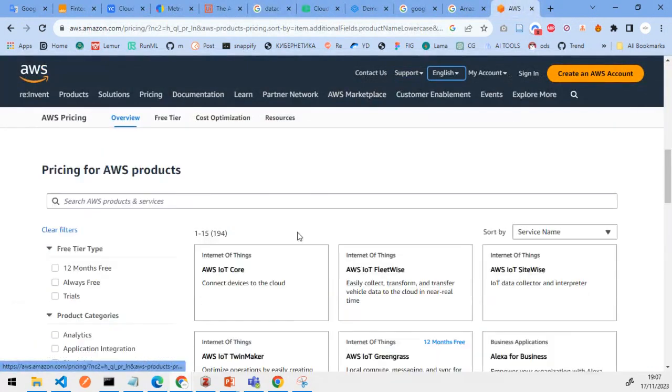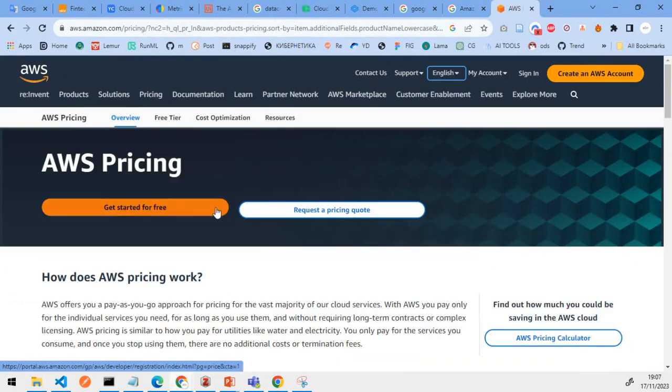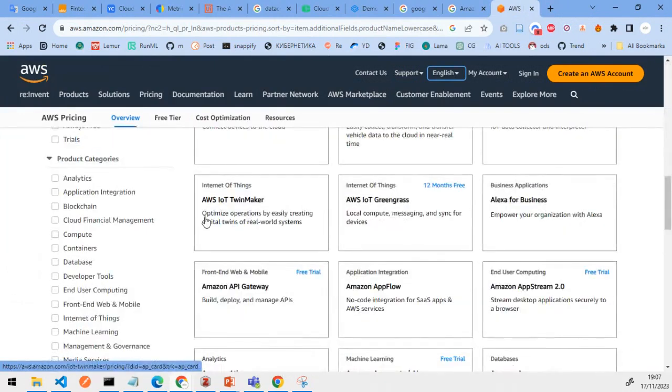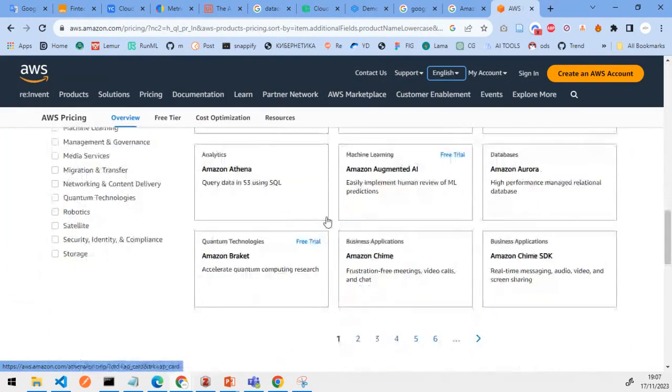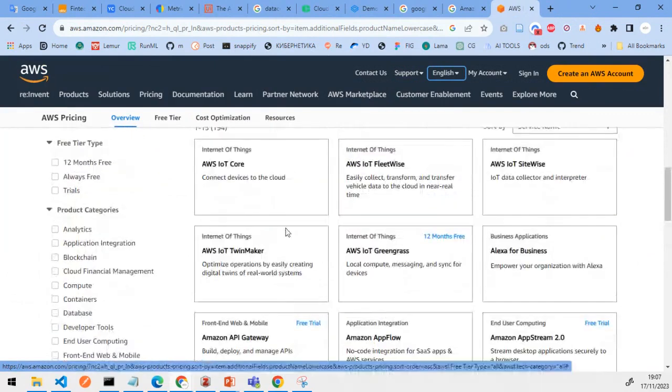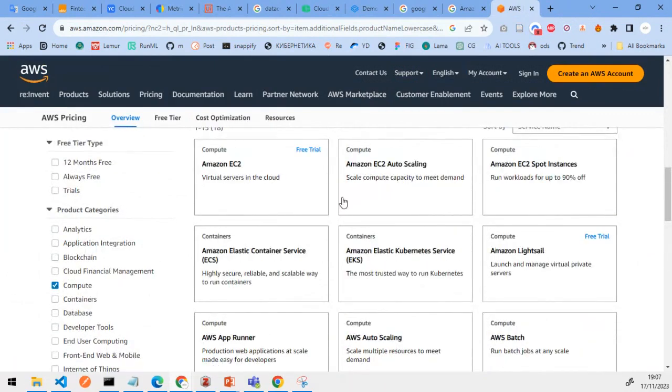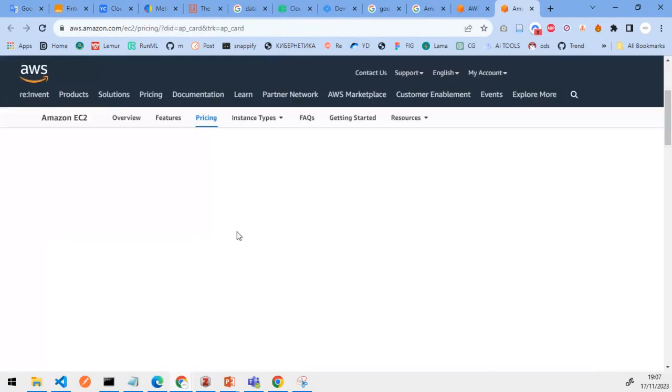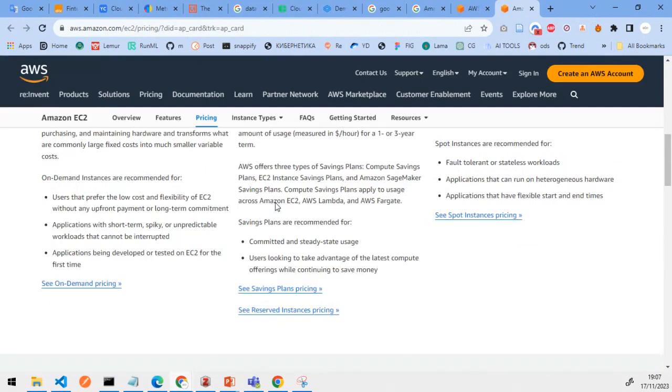Yeah, and just to have an idea of the pricing, depending on the kind of task you're going to do. Actually, they've made it that easy. For example, if it's compute, because most people will need some compute if you know about these virtual cloud services, they give you the pricing plan